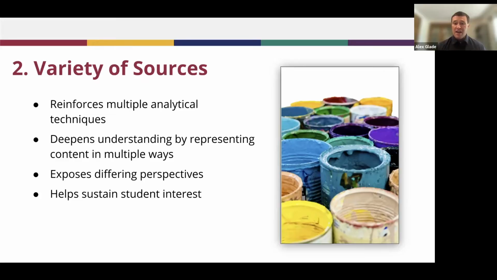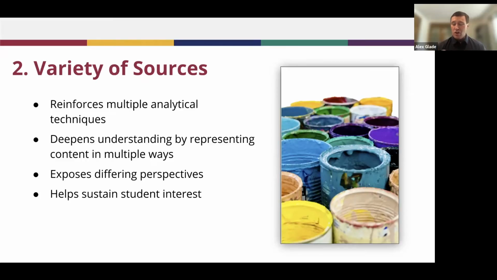And by looking at how similar content is represented in different sources, it can help students gain a deeper understanding of our topics and our unit of study. We also want to make sure that our variety of sources also includes a variety of perspectives so that students are looking at things from different angles, from how it affected different people in different ways. And these different perspectives not only give them a clearer picture of what's going on, but it also helps them, again, form their own conclusions to that big, compelling question. We need to examine different sides of an issue before we can form our own informed opinions.